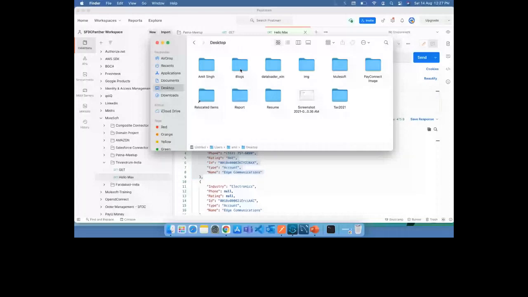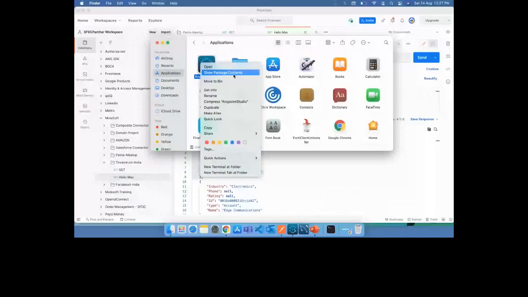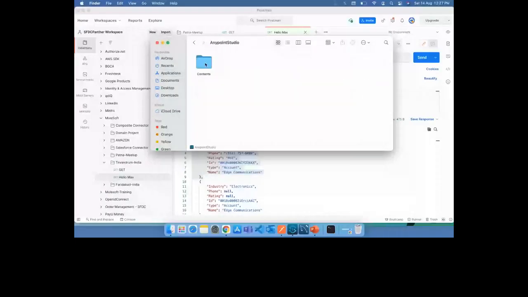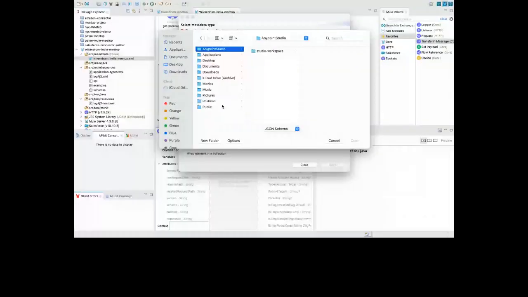Mulesoft workspace. Okay, so I'll go to the applications. So package content. No. Allow me just a few minutes, guys.